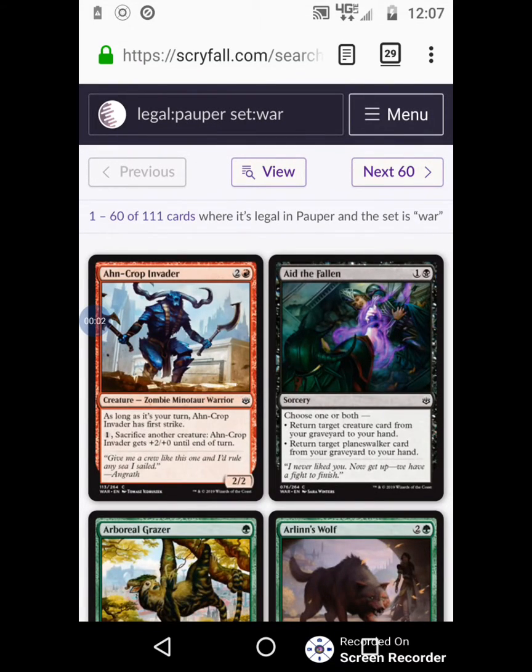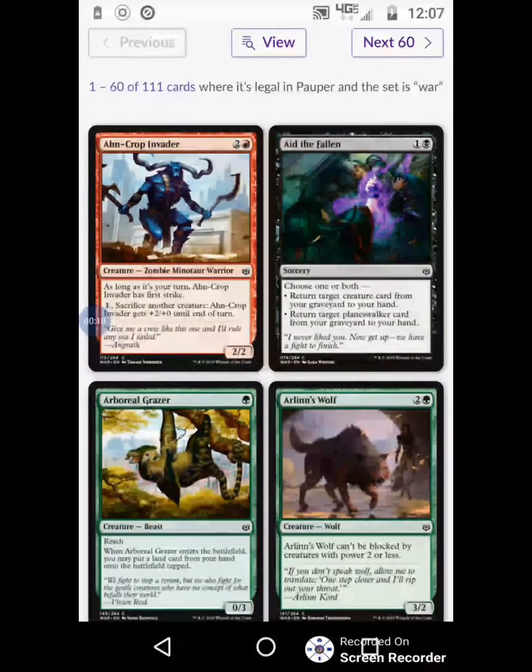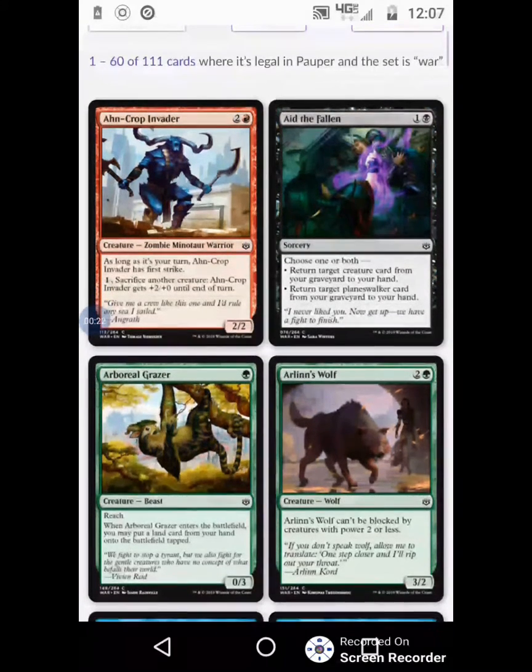Spark review for Pauper cards. Let's see what they gave us to add in there. Crop Invader seems alright. 3 for a 2/2, and it gets first strike as long as it's your turn. And if you sac a creature, you get +2/+0. So it's kind of like that